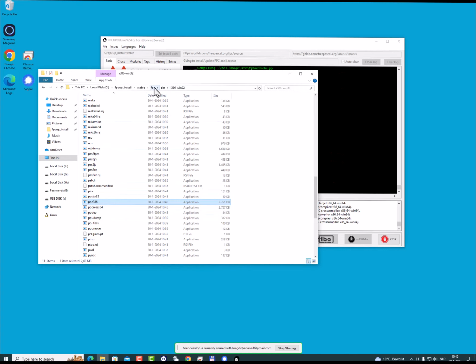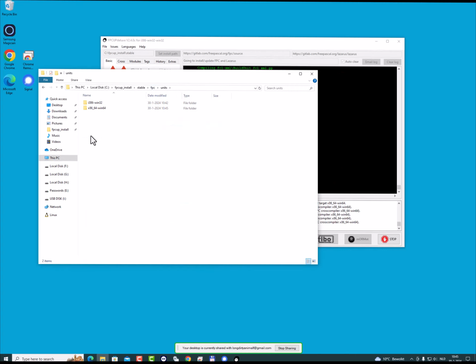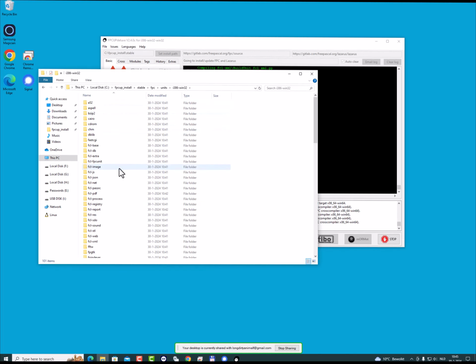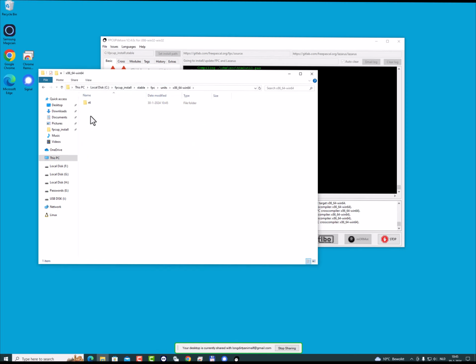And now if we go back to FPC and we go to the units, we see that the units for the 32-bit are already there. And I guess this is still empty. So the units that are used by FPC for targeting 64-bit Windows will be placed here. Still